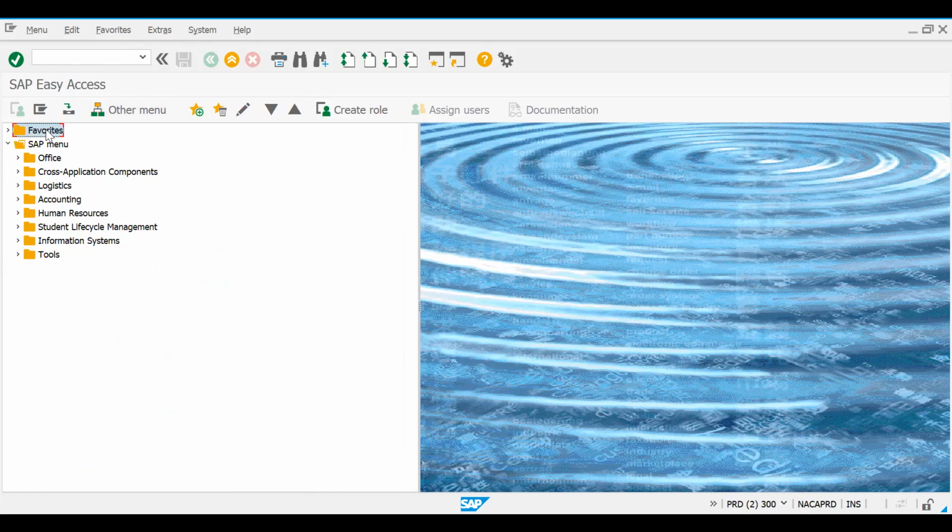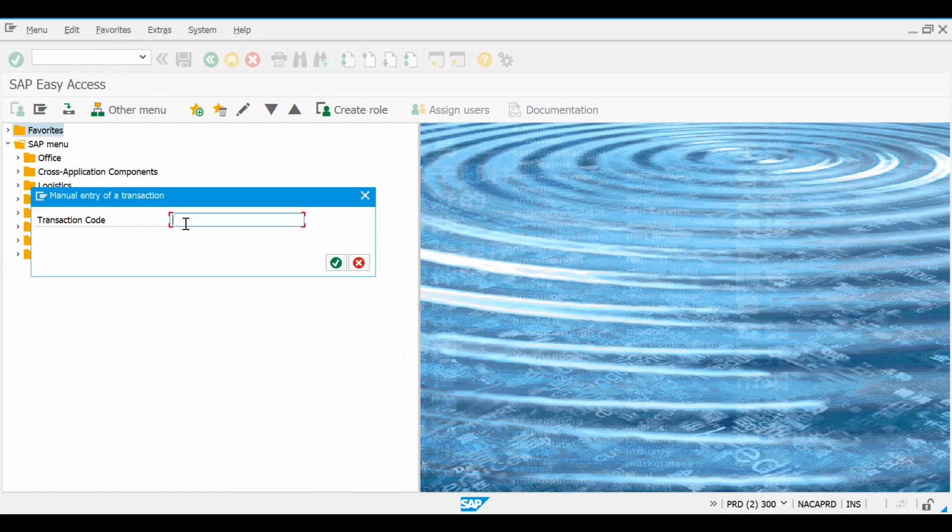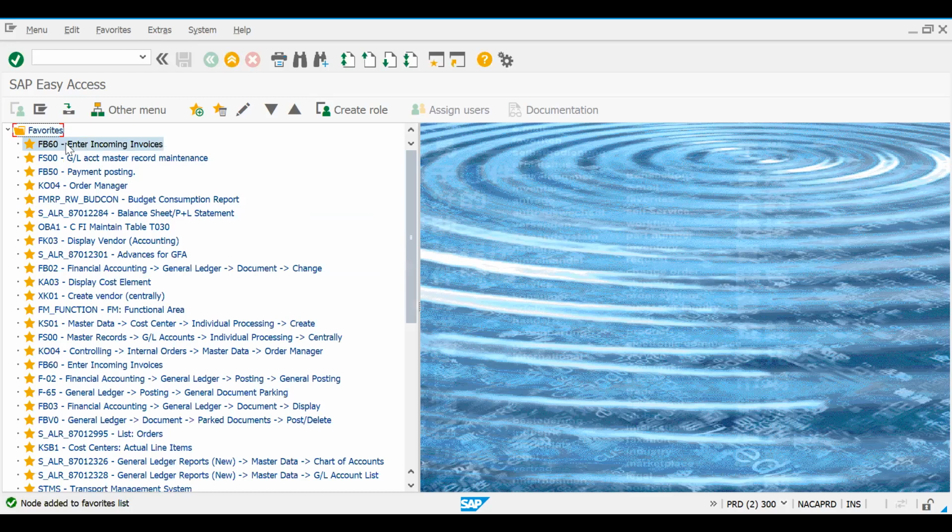Okay, to add this is very simple. You click on favorites, you click on insert transaction. For instance, I want to add FB60. After clicking on insert transaction, I type FB60. Then I click on this arrow, continue. Boom. That is it.